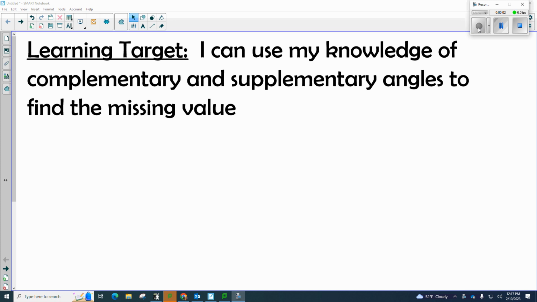Hello, Mrs. Houston here. Today's learning target is I can use my knowledge of complementary and supplementary angles to find the missing value. Okay, so before this we were talking about adjacent angles, and we found that